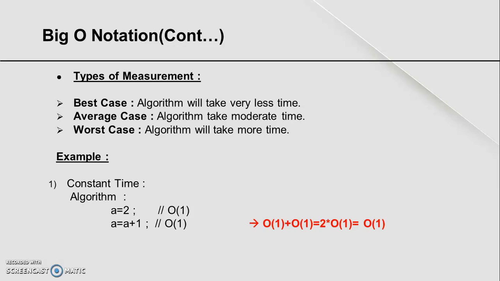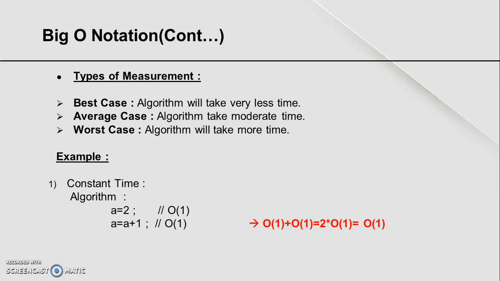While measuring time or space complexity, there are three types of measurement: best case, worst case, and average case. In the best case, for time complexity, the algorithm will take very little time. In the average case, it will take moderate time. In the worst case, it will take more time. Examples are: